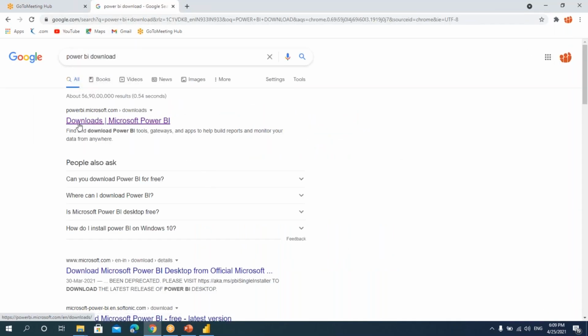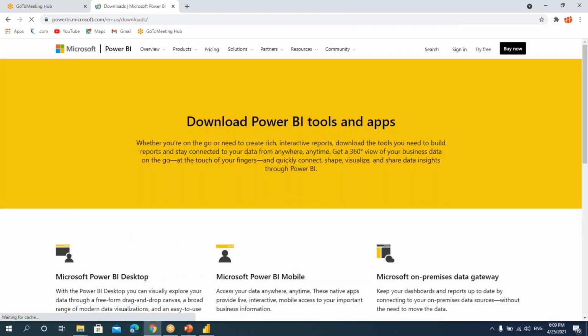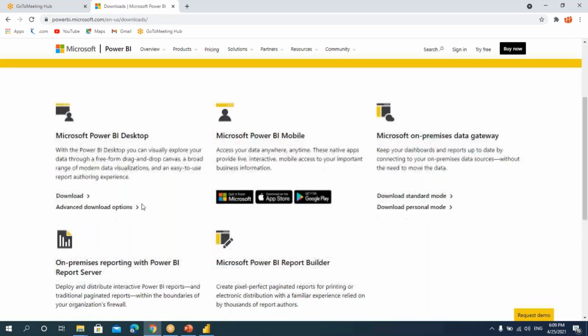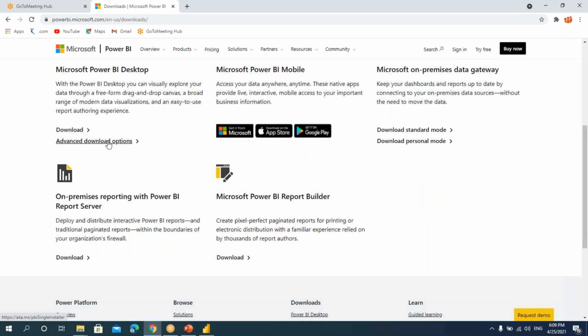You can see that I'll get this Downloads Microsoft Power BI. Click on this link. It will take me to this PowerBI.Microsoft.com website. Here we have so many different software options to download. We'll go to this Microsoft Power BI Desktop. Here we have this advanced download options. Click on this.